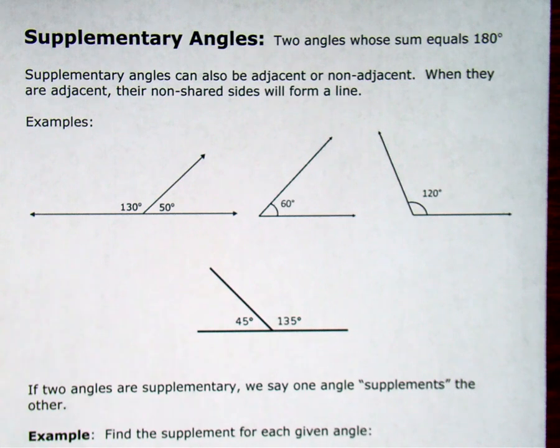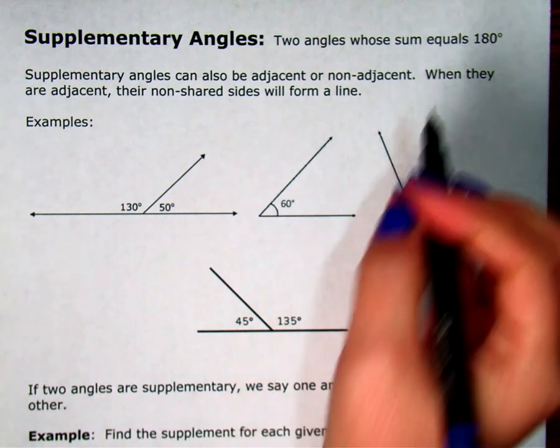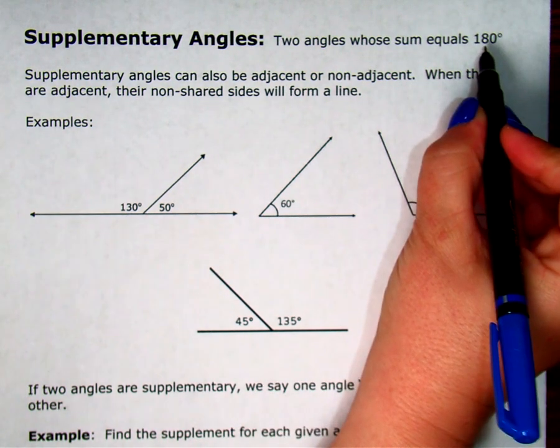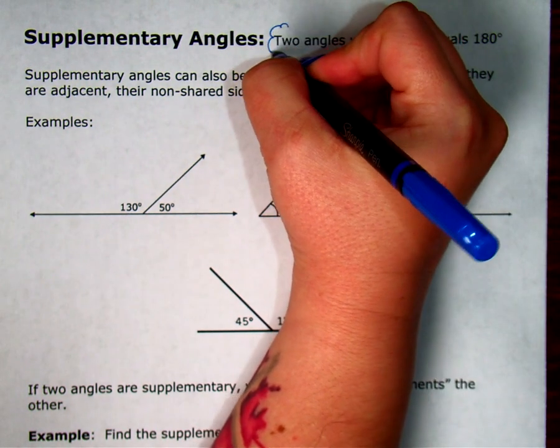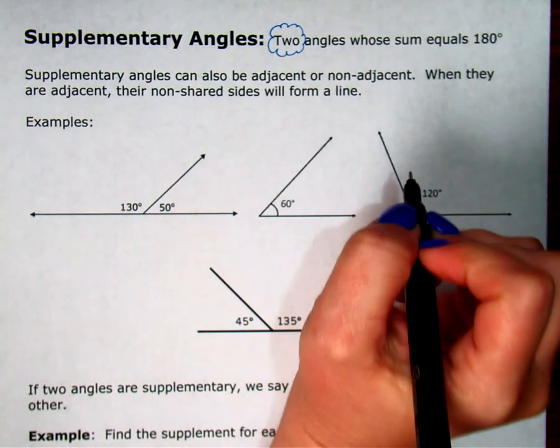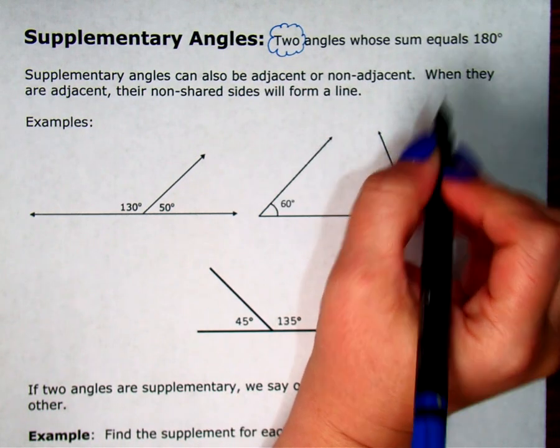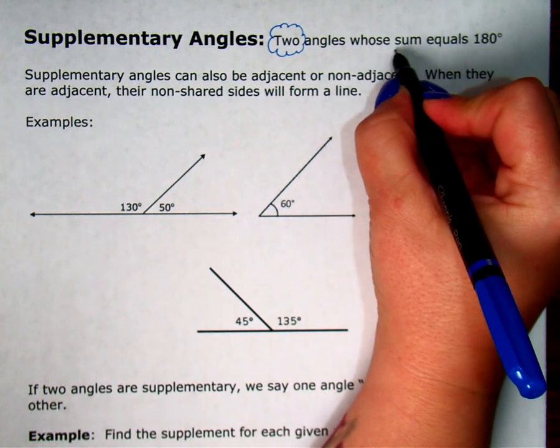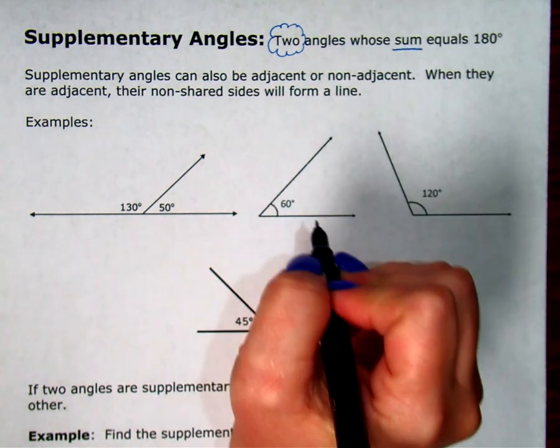Welcome back. In the first lesson video today, we looked at complementary angles and saw that they were two angles whose sum equaled 90 degrees. In this video, we're going to look at supplementary angles, and that is two angles whose sum equals 180 degrees. So instead of 90, now we're at 180 degrees. We are still only two angles. Can't be one angle, can't be three angles, just two angles whose sum, meaning when I add them together, they